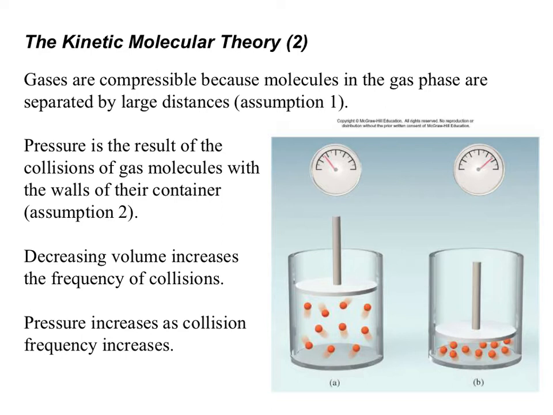Think of it this way. If you were to run in a room, every time you hit a wall, that would be pressure. Now, if you were in a large room, it would take you a longer time in between collisions to create pressure. So there's going to be less collisions per unit time. Whilst if you were in a tiny room, you would collide with the walls a lot more often. This would be an increase in pressure.